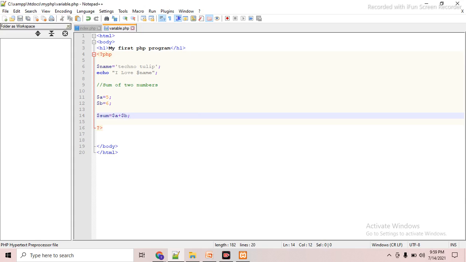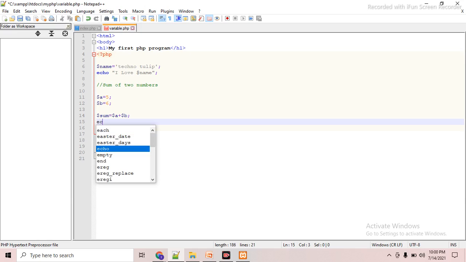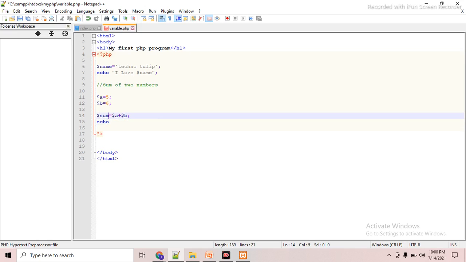Then we have to echo it. What do I have to echo? The sum of two variables. So the final result is sum.